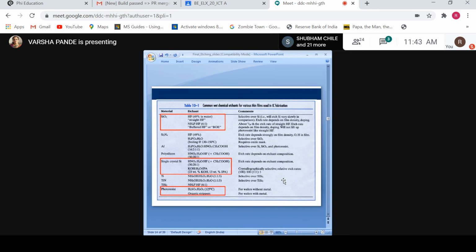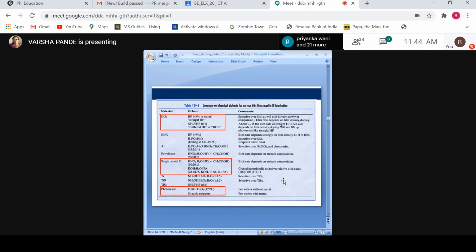Or suppose another solution you have used, then 6:1 NH4F and hydrofluoric acid, a 6:1 solution, again mixed with water, and in that solution the wafer is placed where we want to remove only the silicon dioxide. Then silicon nitride, if you want to remove it: either a silicon dioxide layer will be there or a silicon nitride layer will be there. Both are not there simultaneously. Sometimes a silicon nitride layer will be there, and silicon nitride has the same solubility as silicon dioxide.